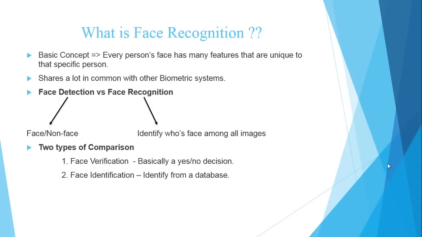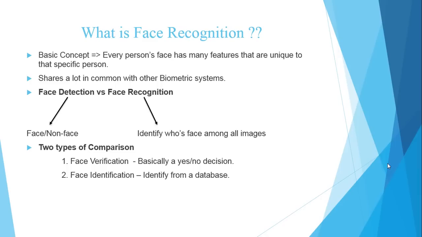So what is face recognition? The basic concept is that every person's face has many features that are unique to that specific person. The face recognition techniques share a lot in common with the other biometric systems. So there arises a basic question. What is the difference between the normal face detection and face recognition? The face detection is a simpler technique which just classifies the image as a face or non-face. On the other hand, face recognition is slightly advanced, which sort of identifies which image matches to the test image